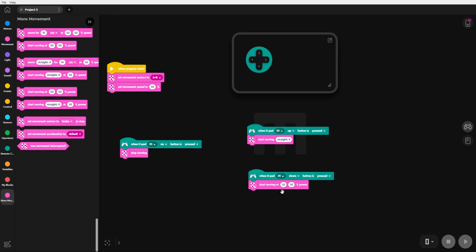So I'm going to set that to start moving at -50, and I will set this to -50. So now when I press the down button, the robot's going to start moving backwards at 50% power. Alright, so what do I want to do next? Well, I'm going to go ahead and move this into the middle, and this way I'm kind of mimicking the